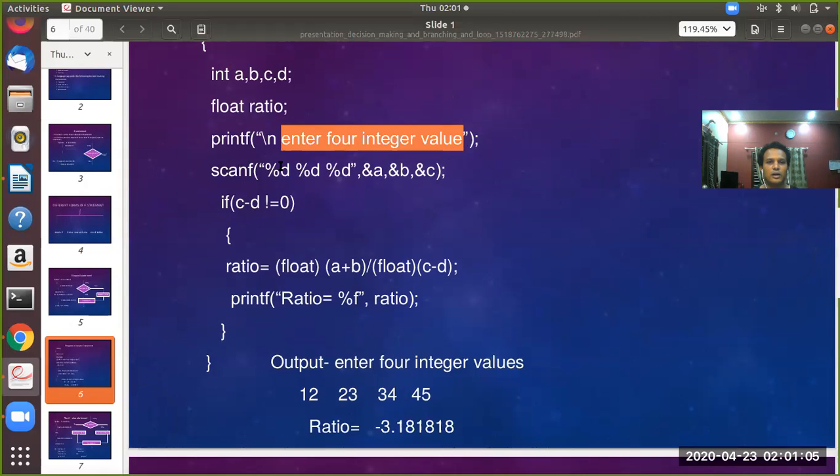So then the 4 integer values must be scanned. So let us take this as 3 here. One more d is absent. Okay. Enter 4 integer values. The scanf %d, %d, %d. One more %d is supposed to be here, and &d should also be present here, but unfortunately it is